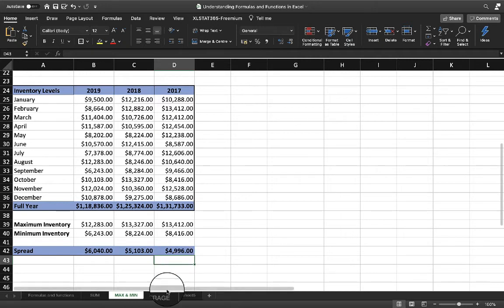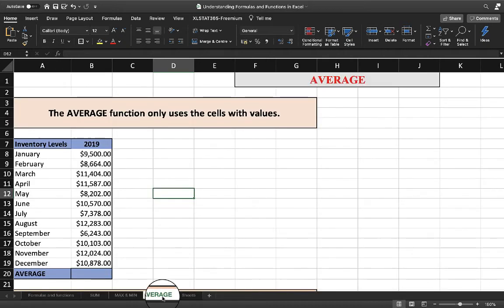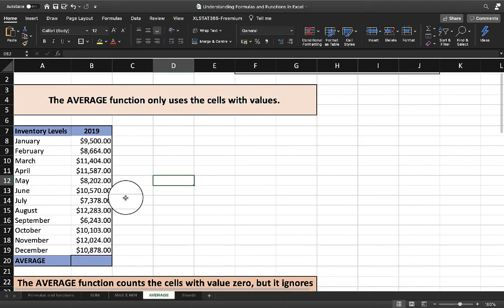Now I'll move to average function. So what if you have several hundred cells in a single spreadsheet column, each with a numerical value, and you want to find the average or mean value? So using ordinary formulas, you would have to sum up all the numbers and count the numbers of the rows, and then you divide the sum by the number of rows. But Excel has a very easy way out for applying average function. So in this example, you can quickly and easily calculate the average value.